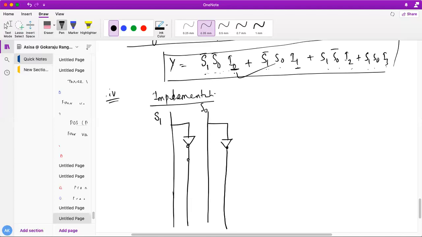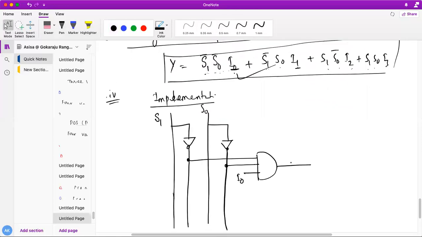So here S1 bar, S0 bar, and finally I0. These three get ANDed. All of you understand, students? Very simple. Next S1 bar, S0 and I1.